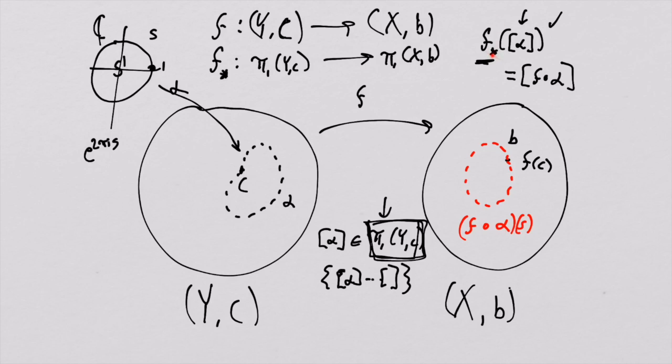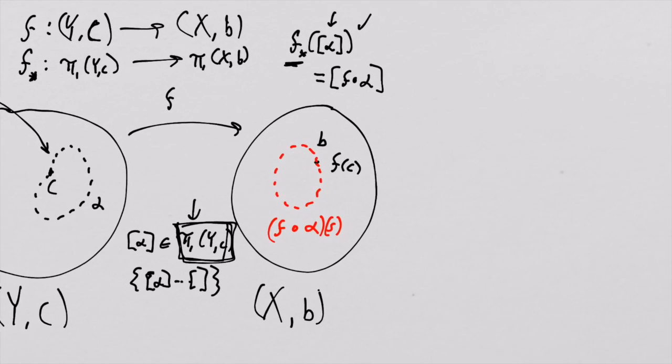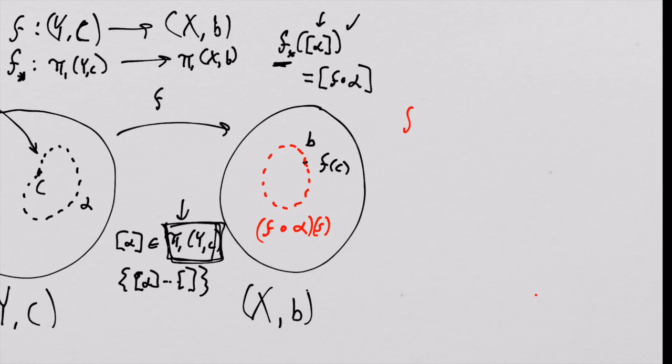So the mapping under the continuous function f, which we call f star, which is a mapping between the fundamental groups, is going to be basically you take the equivalence class of the curve, and that maps to the equivalence class of that curve composed with f, which puts it in this space x. All right? And it does not take too much effort to discover all the important things regarding these kinds of mappings,